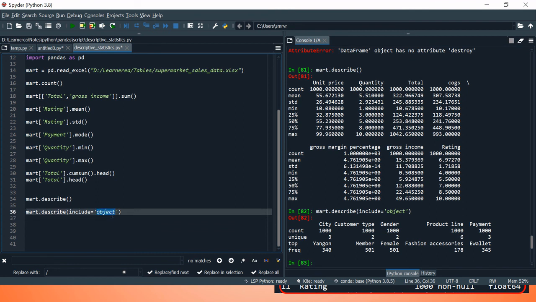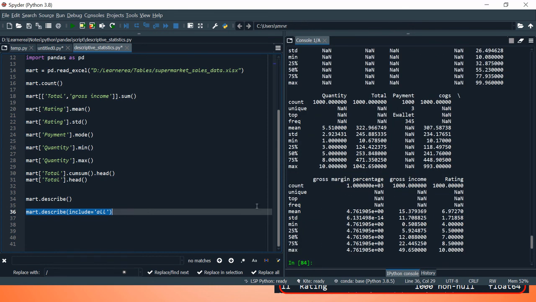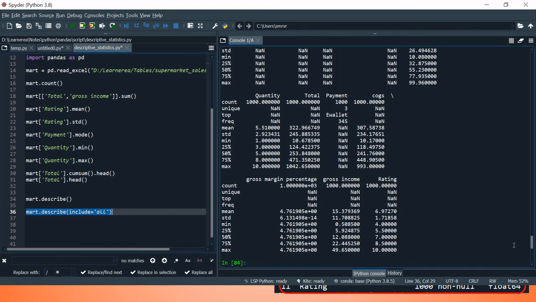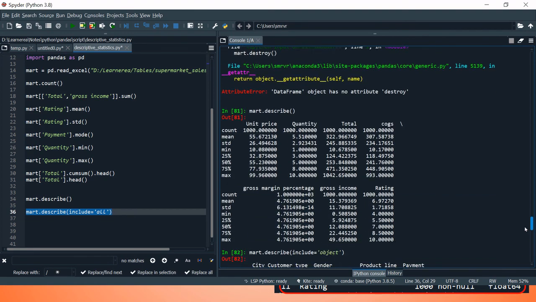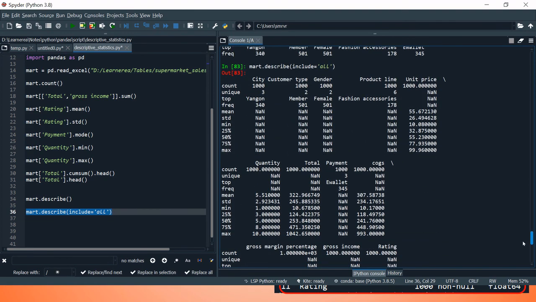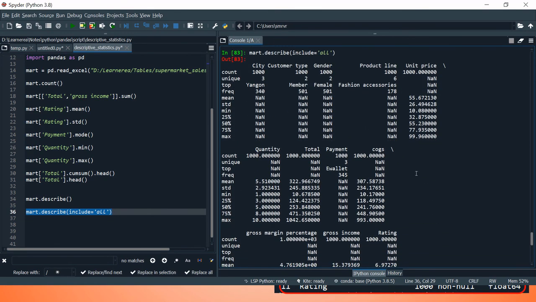What if we want to see all of them together, including character and numeric? So here we have all the 12 variables, and for them we have the statistical summary over here. Like you can see, if you take a count, these all will be 12.